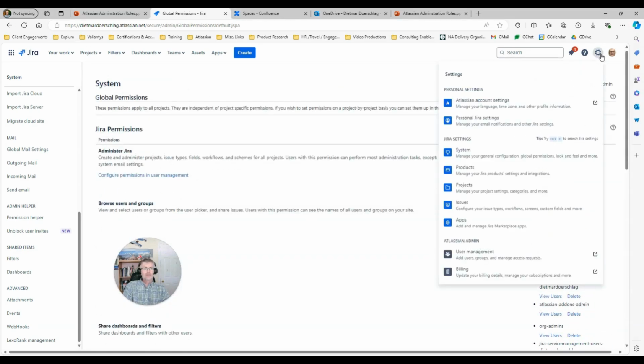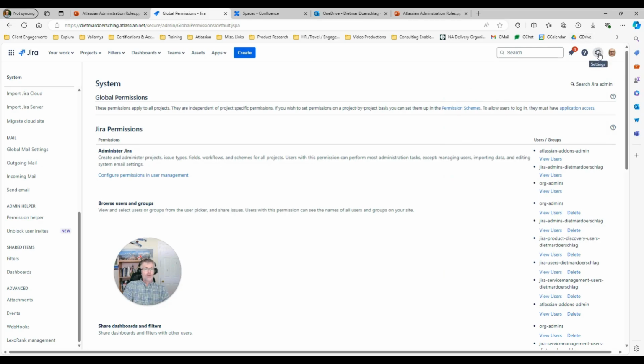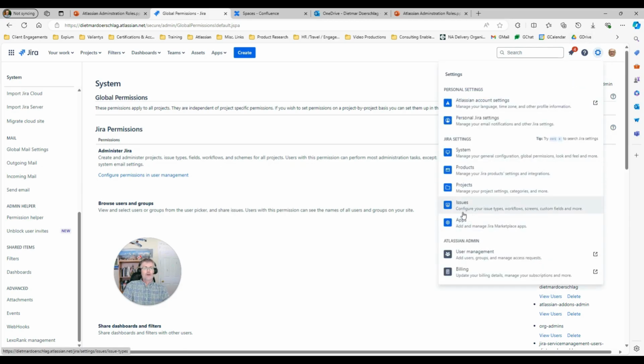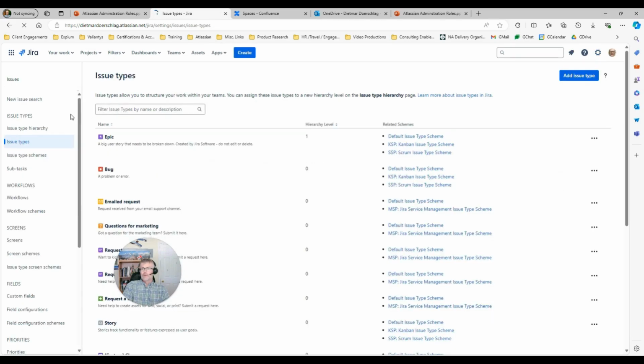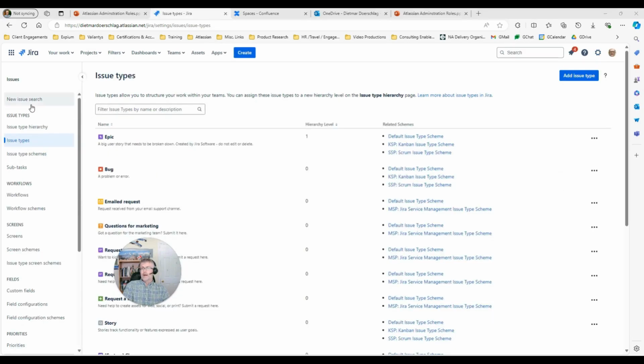The next aspect that the Jira admin deals with is the setup of shared configuration schemes, which are then mapped into projects. If from the configuration, the settings cog, I'm navigating down to issues, you will see a number of settings that the Jira administrator sets up, and they are very consequential in Jira.